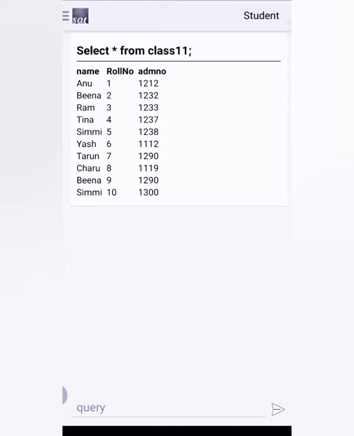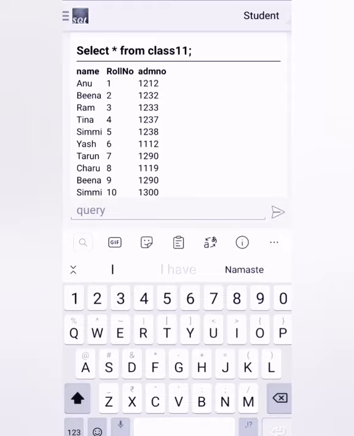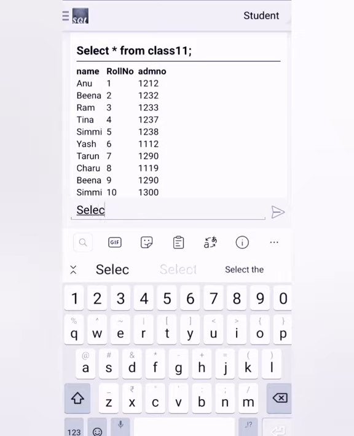Now we select the particular columns. For example, we will show here roll number and name. If we want to select only roll number and name columns, we will type the command select roll number, comma, name from class 11.